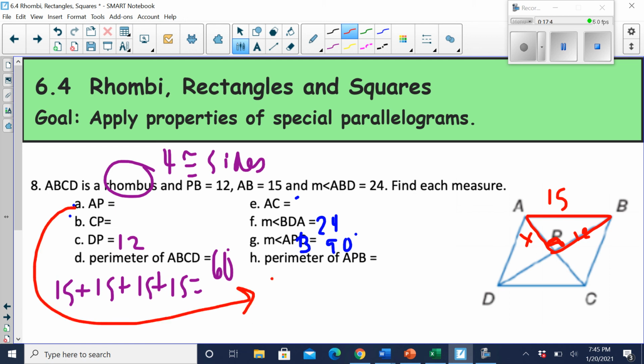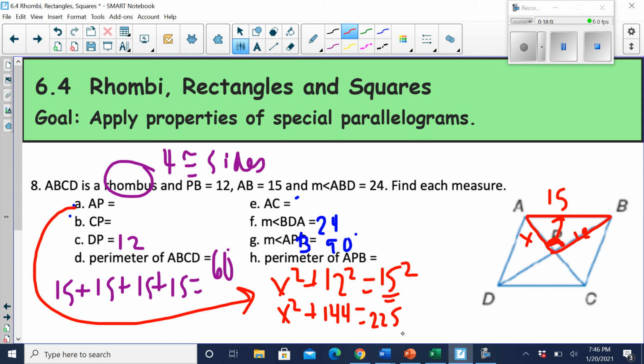Okay, so I'm going to say x squared plus 12 squared is equal to 15 squared. So the biggest thing with Pythagorean theorem is you want to make sure that your hypotenuse is at the end. Hypotenuse is that side that's across from the 90. Okay, here I'm going to get x squared plus 12 squared. 12 times 12 is 144. Equal to 15 squared gives me 225. Okay, from there if I subtract the 144,